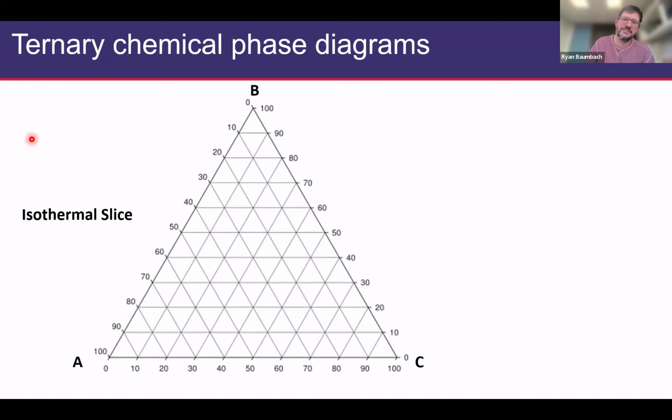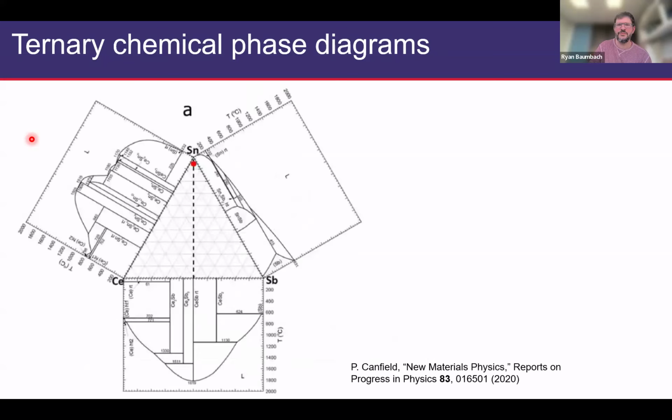But one idea of how to go about doing this is to think about isothermal slices amongst 3 elements. And that sort of thing you can look up sometimes, but if you can't, then you can go ahead and try to make diagrams that look like this,